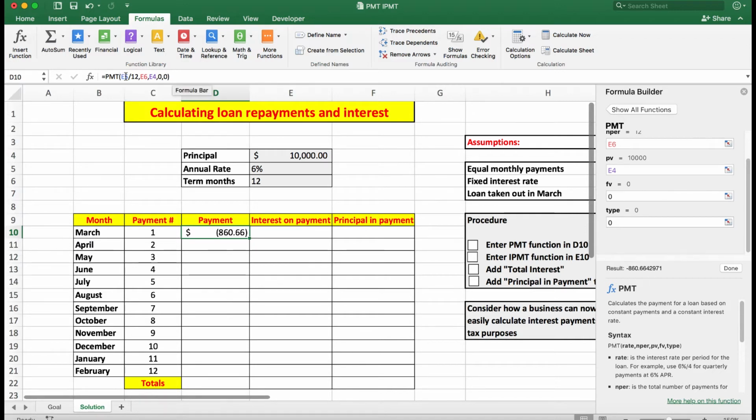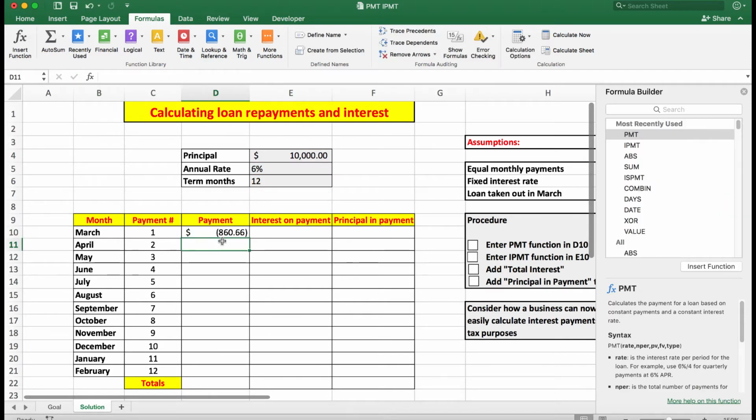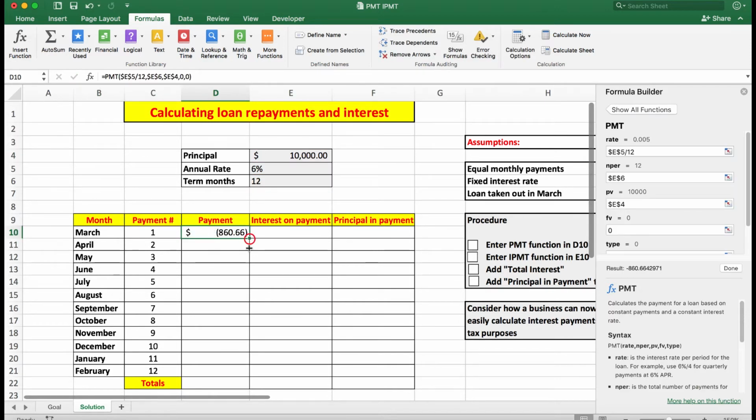I want to auto-fill that down, but what I need to do first is to look up here in the formula bar, and because I always want the formula to refer to what's in these cells, I need to make some cell references absolute. I do that by clicking in the first cell reference and hold down the F4 key on a Windows machine, or function F4 if you're using an Apple Mac. We'll do the same on cell E6, and the same on the next one. Now when I press enter, I see the answer is the same, but now when I auto-fill down, I see that the repayment is always the same,